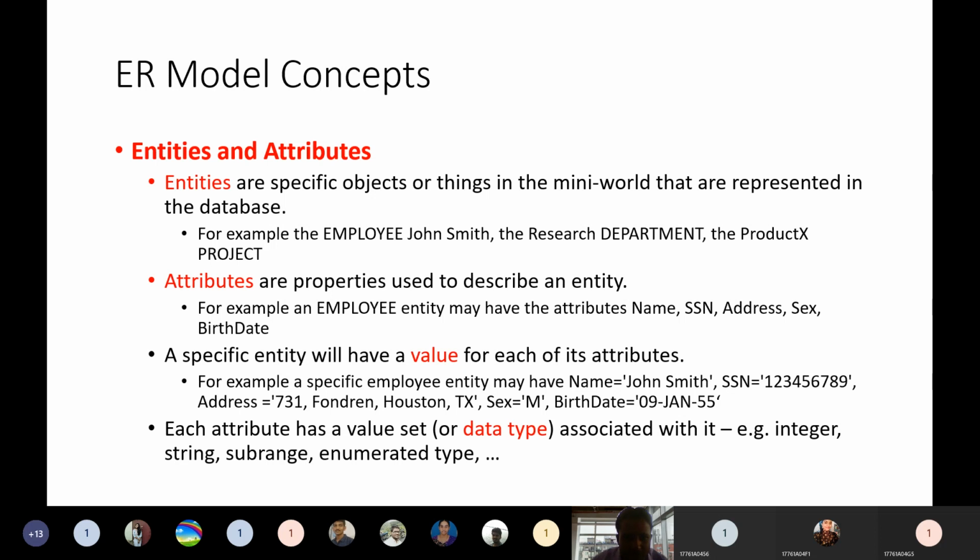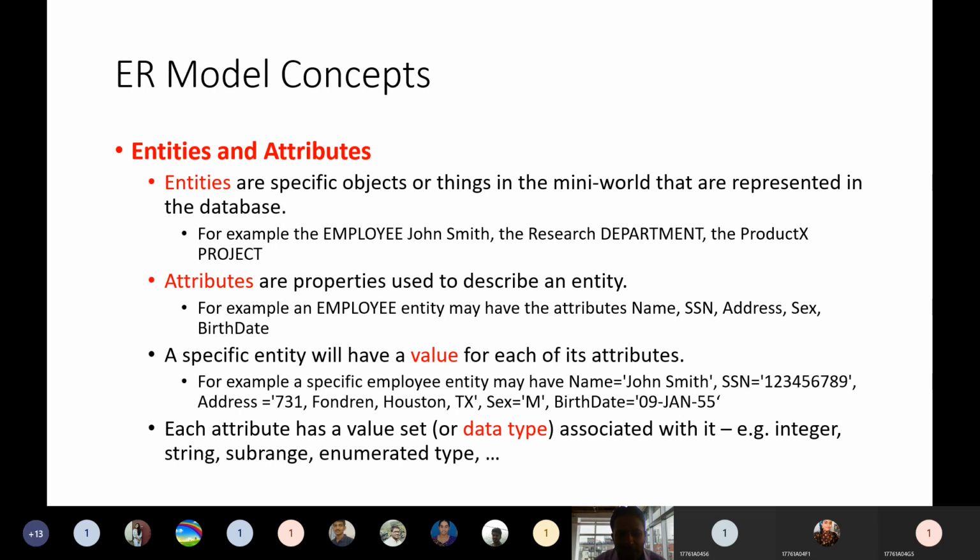The objects are nothing but entities. In the example, employee is an object; within the employee, John Smith; within the department, the research department; within the project, the product X. All these are examples of entities.